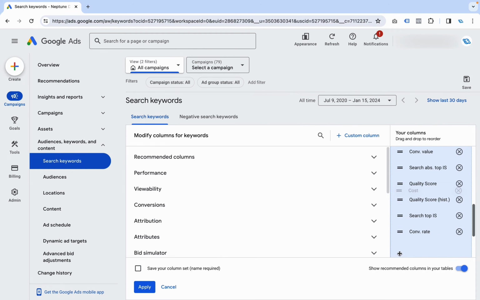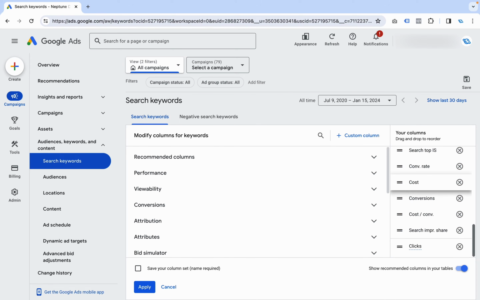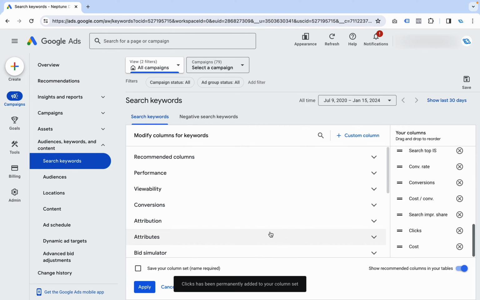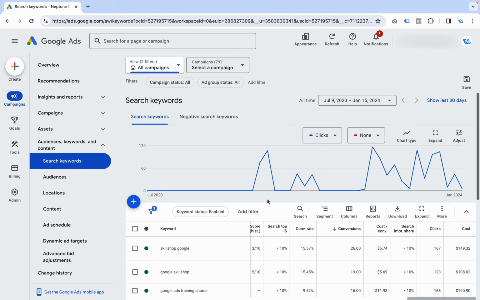Let's drag it some more. There we go. Something's happening over here. Don't know why it's so slow today, but anyway. There we go. So cost, and I want to see my cost last of all. Can we swap it out with clicks? I'm pretty sure we can. Let me just do that. Clicks has been permanently added. Yes. And I'm going to say apply. So once I do that, now notice my end column is cost, and the one before that is clicks. And that's how you can rearrange your columns and make sure that you are watching Google Ads very carefully and seeing how they're spending your money. Let's move on to the next tip.